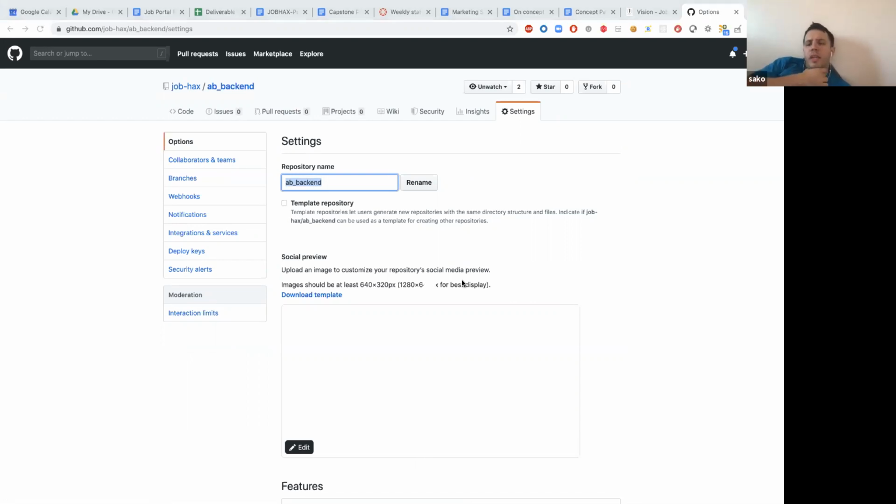Should we put the backend and frontend in the same repo? I don't have an opinion because I haven't looked.